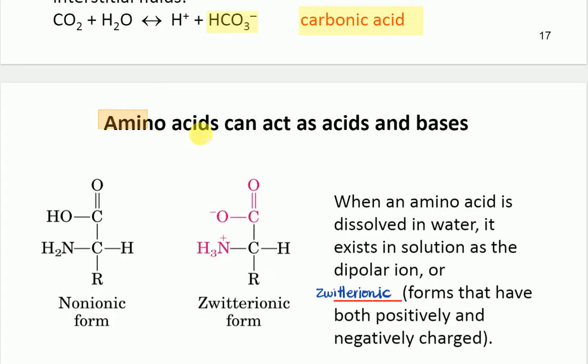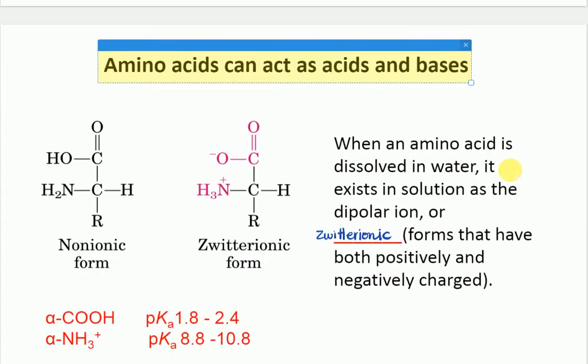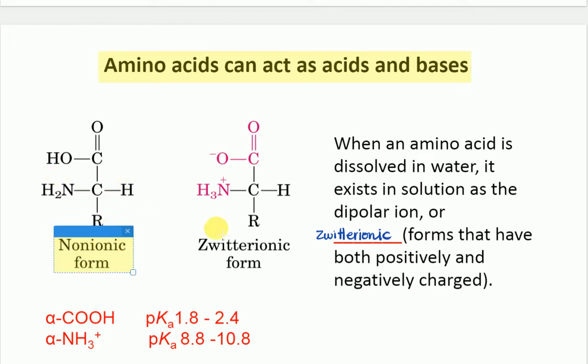Amino acids can act as acids and bases. So we have our non-ionic form, which has no positive or negative charge, and we have our Zwitter ionic form, which has both a positive and negative charge. So these are amino acids. So alpha COOH, there's our alpha COOH. So by alpha they meant,